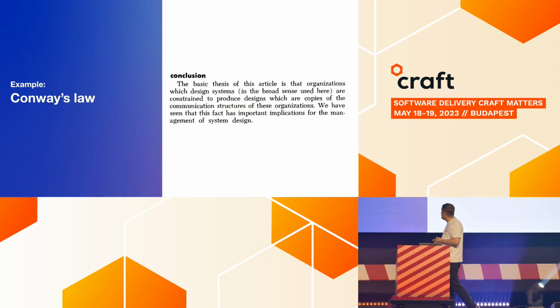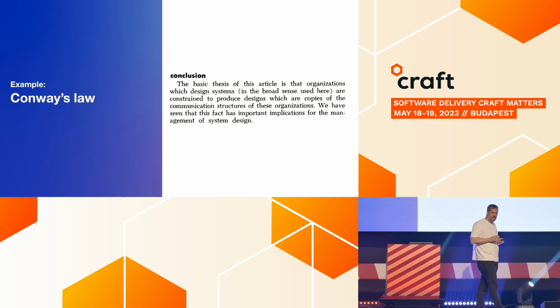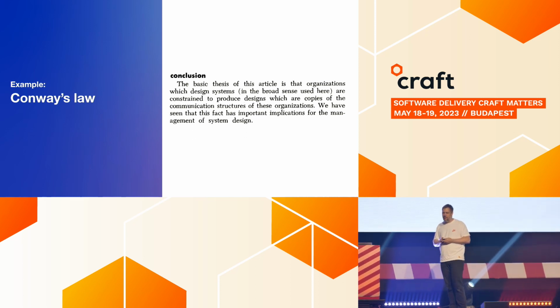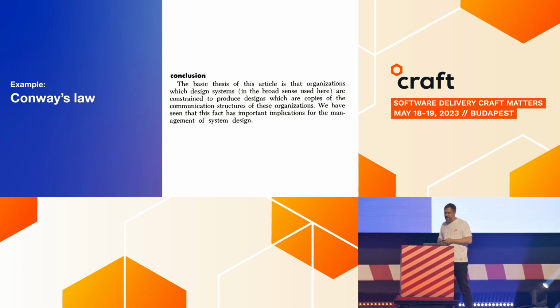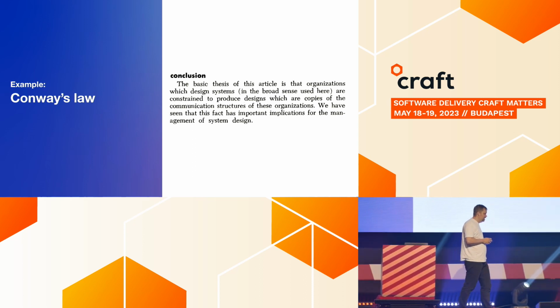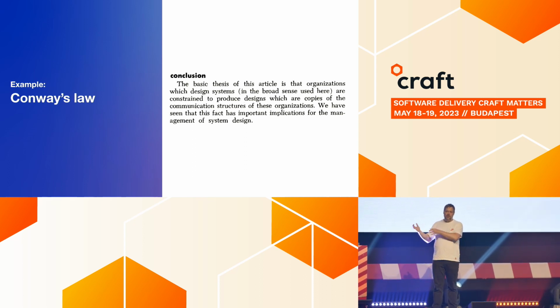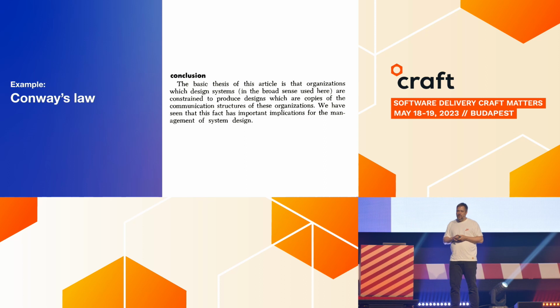The other example, and this is going to be the last one, comes back to what I was talking about before: trying to optimize the organization around our architecture. I suspect most people are familiar with Conway's Law. It's this paper; if you haven't read it, you should go read it. It's not that long. It basically says that, for our part of the world, your software is going to reflect the way your organization looks. If you have a certain team structure, you're going to have software that is a one-to-one mapping to that.